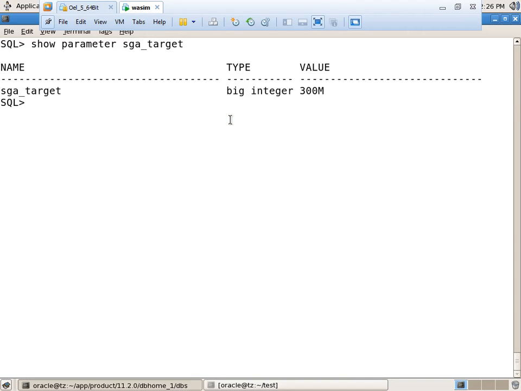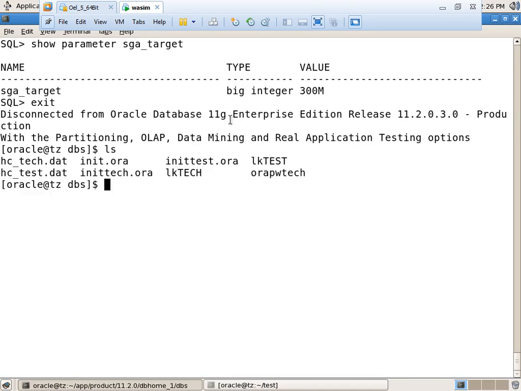Okay? This is only for dynamic parameters. I am not discussing static parameters. Okay? I just want to change this value permanently. Go to the Oracle Home dbs location. Open the parameter file through the vi editor. Why are we opening it through the vi editor? This is a text file, right? That's why we are opening it with the vi editor.